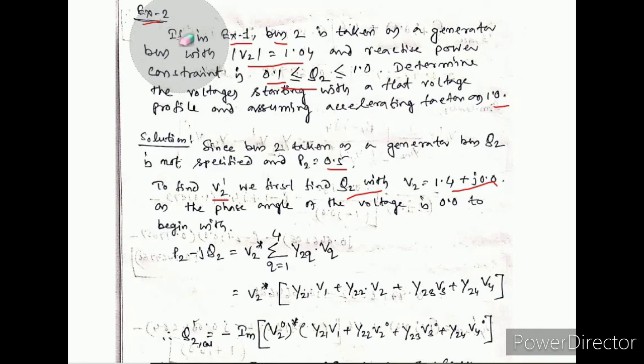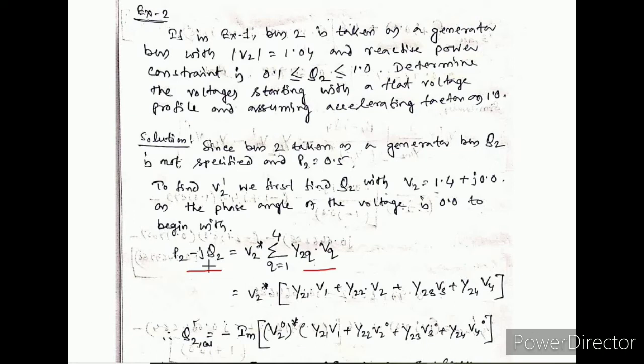Now see, if you proceed further, you can see that P2 minus jQ2 is equal to V2 conjugate I. You know this one from my lecture 3, that is the basic load flow equation. When I derived it, I showed you that P plus jQ is equal to V I conjugate and P minus jQ is equal to V conjugate I. So the I equation is the summation of q equal to 1 to N. Here it is a 4 bus system, so q is equal to 1 to 4. Y of pq, that means as it is bus number 2, that is why here it is written Y of 2q into Vq.